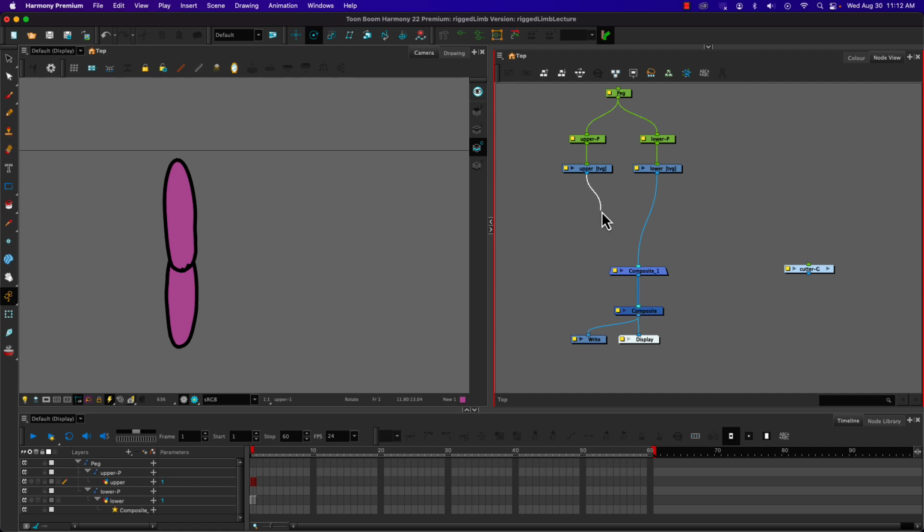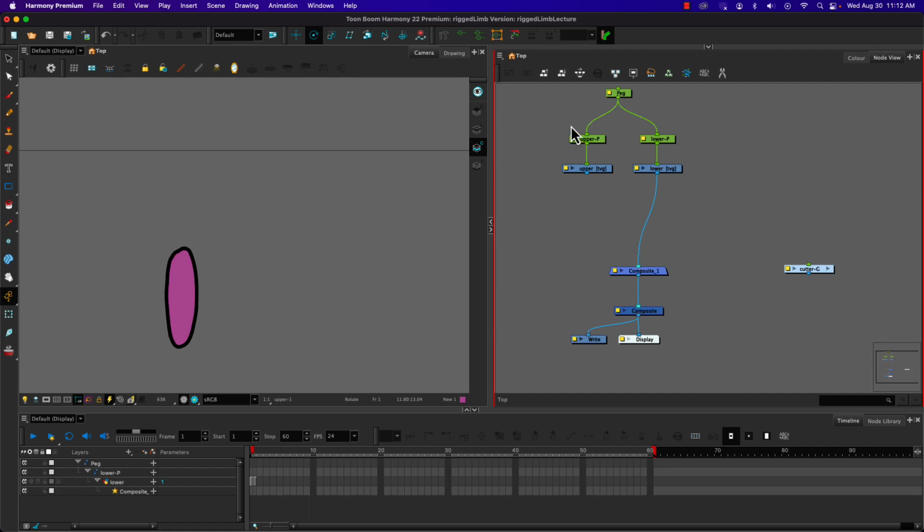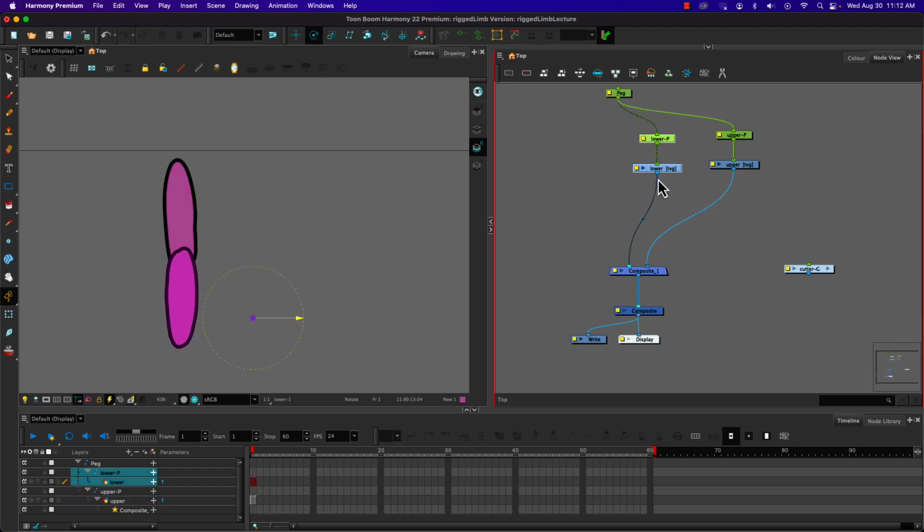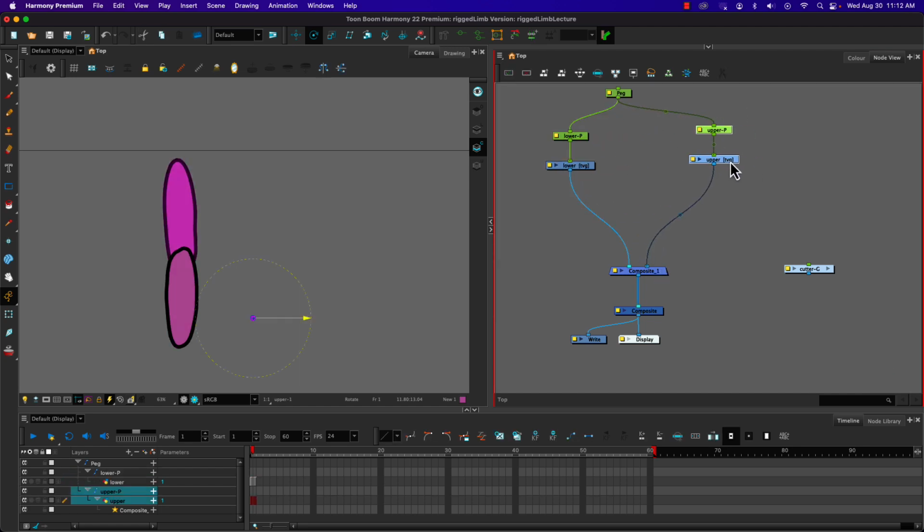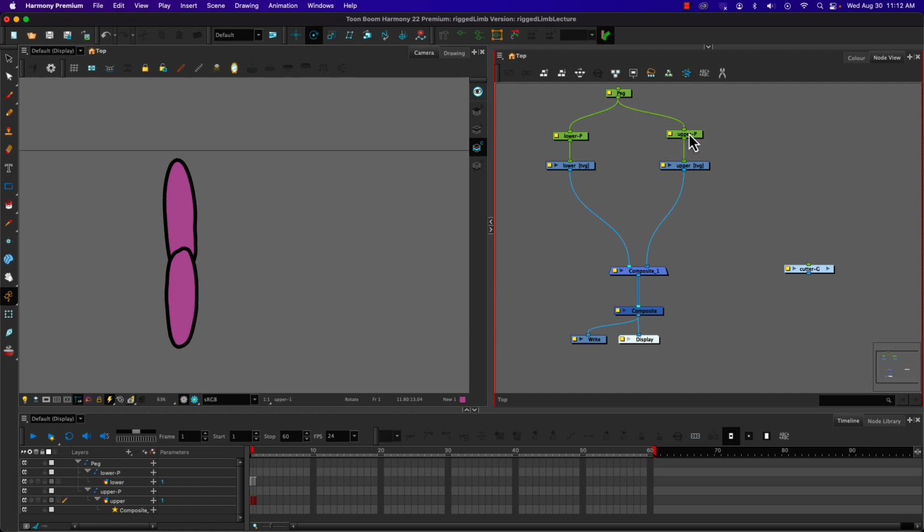So easy enough to switch here is we can just drag these over, drag that down, drag these back. Now if I do want to clean things up at all, I can just select, hit the order across so we can see that now, move things over. So now I have the upper arm and the peg, so that should be our correct limb orientation. I can set the shoulder